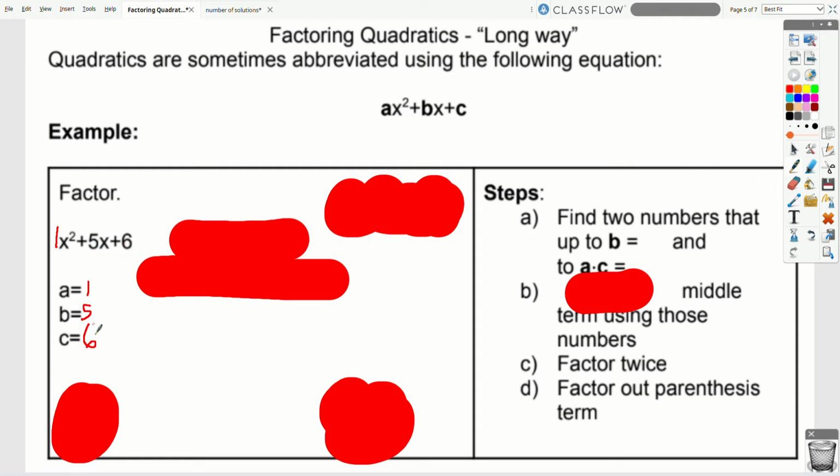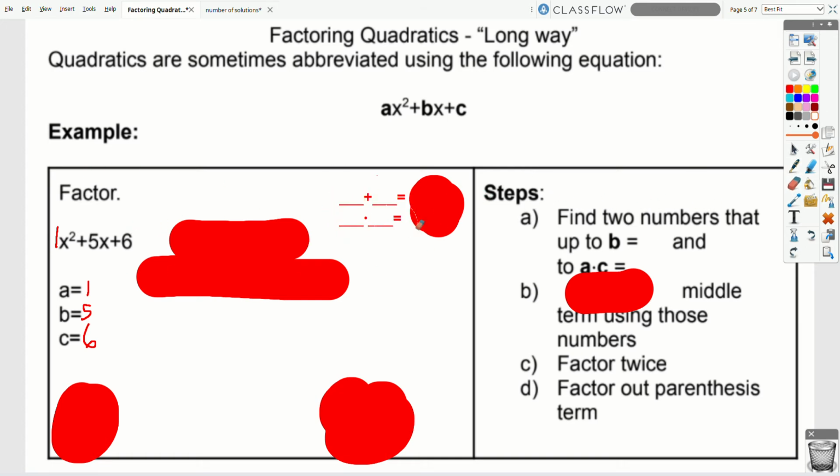Okay, so these steps are very procedural on how we do this without the visuals. And remember, you're not expected to memorize these steps. You're expected to know how to follow them and know how to use them. Like I said, this is very procedural, but after a couple, you'll get the hang of it. So the first thing that we need to do in order to factor this is